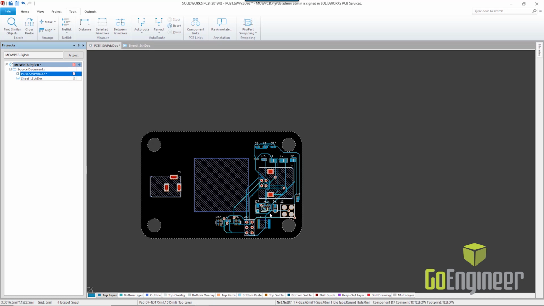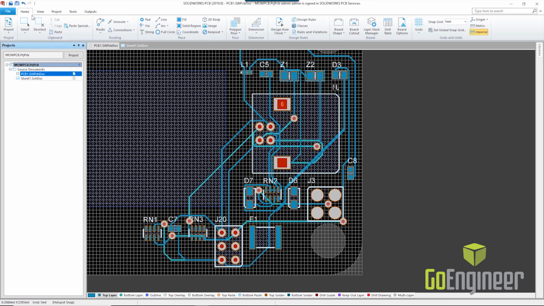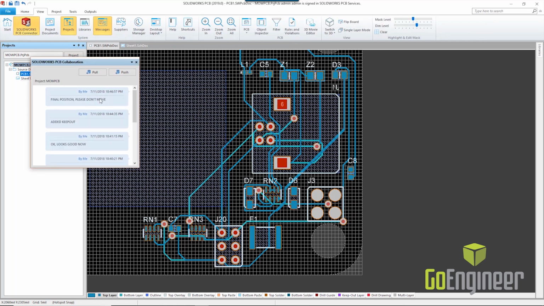So it's going in and adding any vias that are necessary, placing the traces, all based off of my design rules. But now that I have the rest of these components in here, I'm going to go ahead and save this board. We'll save the project, good practice there, and then we'll push these changes back to the SolidWorks user. And this is where I'm going to show you a couple of things that are new here. So we spent a lot of time, we've added more components and